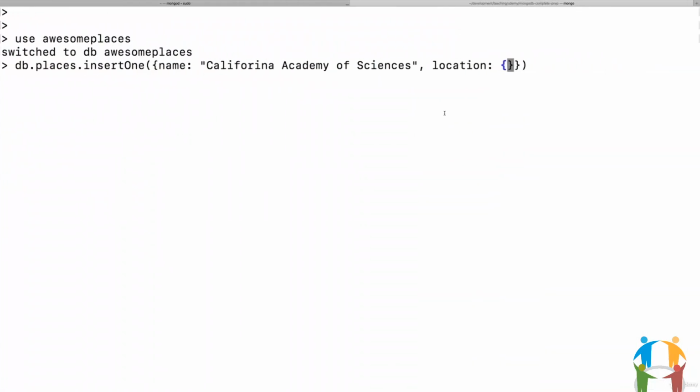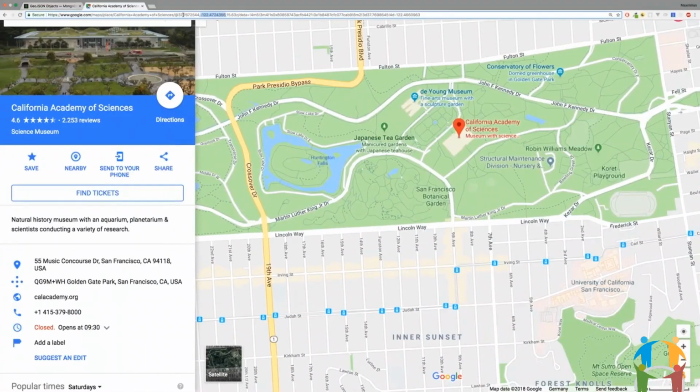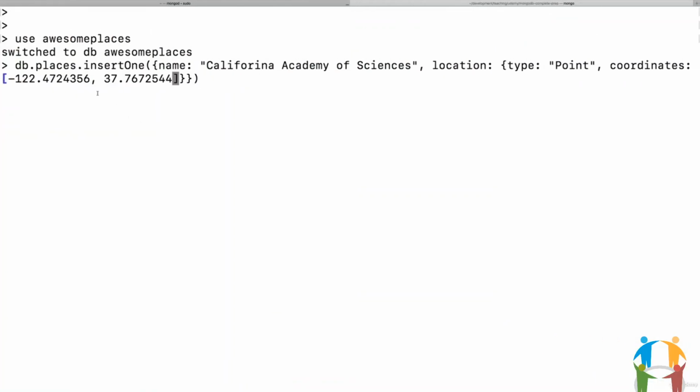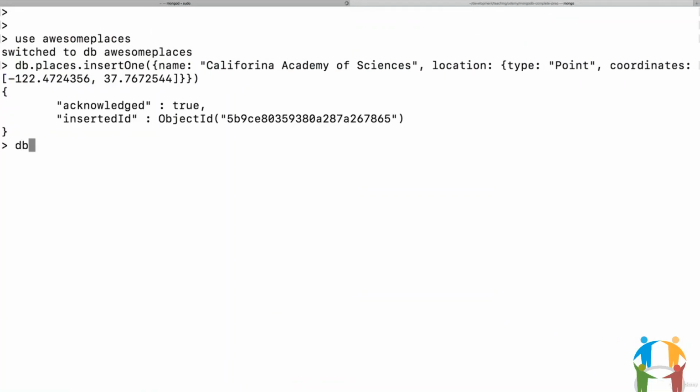Let's go back and grab the longitude first, copy that, and then here I will first add a type, and type here is Point because I add a single point, and then I add my coordinates. Now these key names here are not up to you. This one has to be named type and it has to be one of the supported types like Point, and this one has to be named coordinates, and it has to be an array where the first value is now our longitude and the second value is the latitude. So let's grab that.